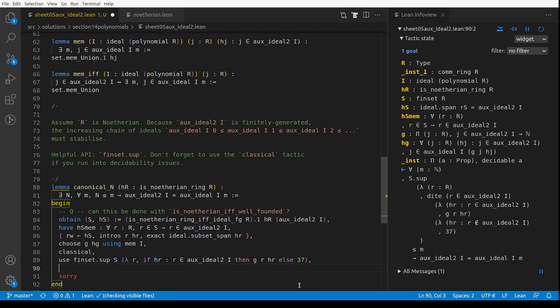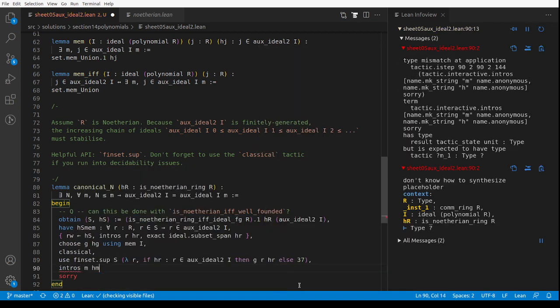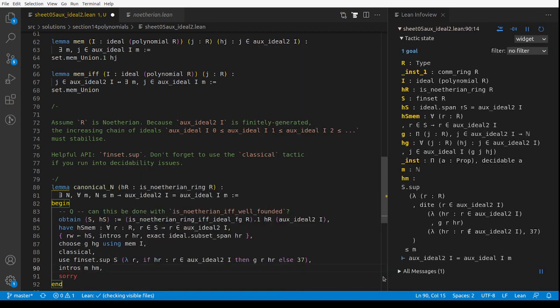So now what have we got to prove? Intros M HM. I've got to prove that, you see, this says if M is sufficiently large, then I claim that the full union is equal to the Mth level. So the proof of that will be, I guess,